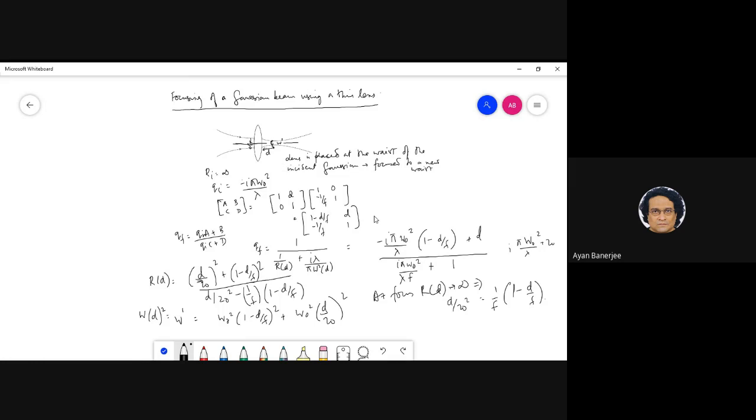I think that probably is making sense, because you are basically saying, sir, that you are finding the new waist, finding an expression for D from here, right? So we cannot. Actually, it's a very interesting thing. We cannot assume here that the beam is going to focus at F.